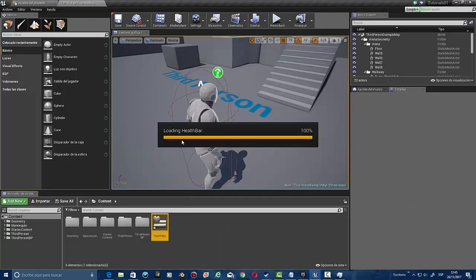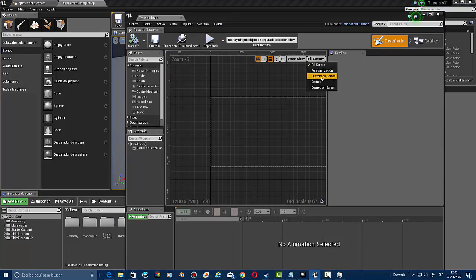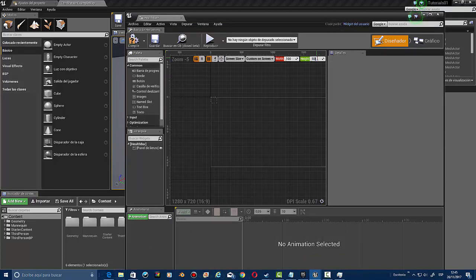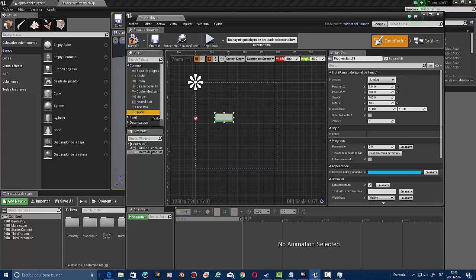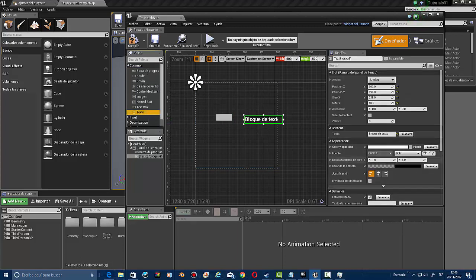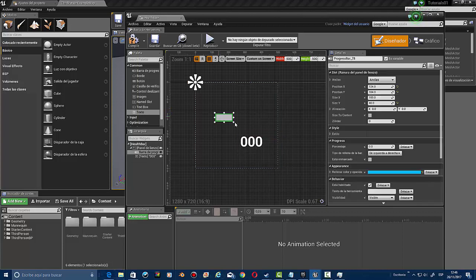Okay, we're going to open this up and we're going to make two changes. First of all, we're going to change the size of the screen to custom, and set it to 500 by 500. Then we add a progress bar right here and some text. The text is gonna be a font size of 60 maybe. We're going to adjust something like this. Let's make it 000, just a placeholder for now. We put it down here, and the health bar we stretch up like this,